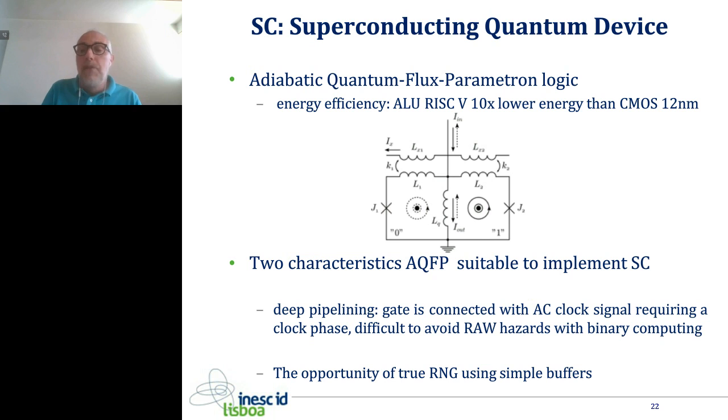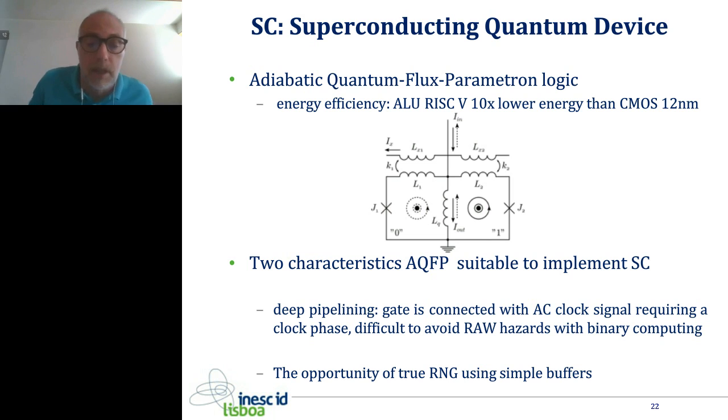So if you think of the very deep pipeline processors that you have nowadays, with this type of logic, in each one of the stages of the pipeline, you have inside several stages because of the technology. And with stochastic computing, you don't have this type of traditional architecture,